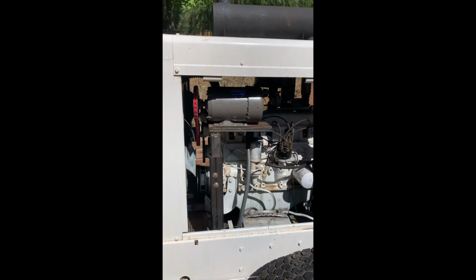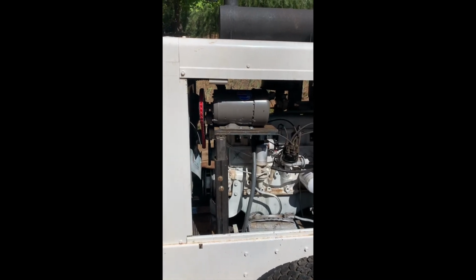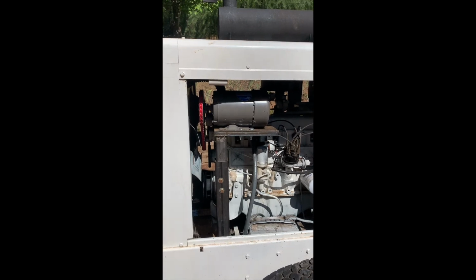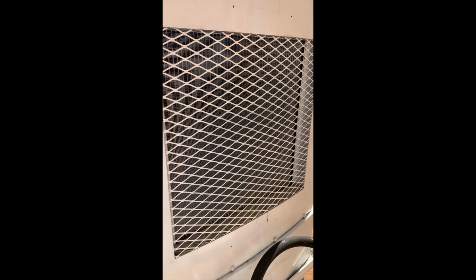Single phase, or between phases, 120 volt. Sorry, between the legs coming off the generator head, 120 volts. I had an Invertec VFD for motor control, and a 1 horse motor, and I had